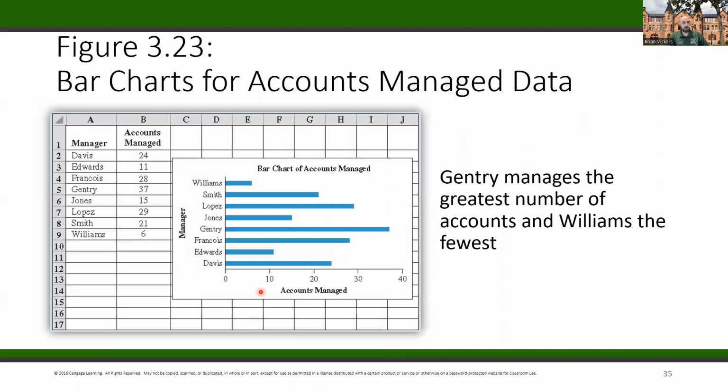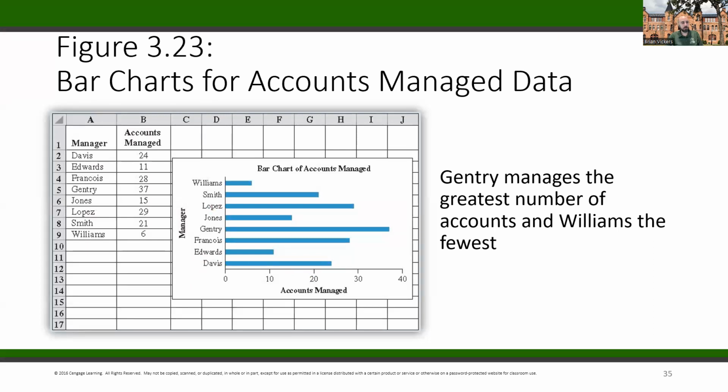So this is a bar chart of accounts managed. So you've got your eight employees here, and then how many accounts they manage. Okay. So that's what a bar chart would look like. You could look at that same thing as a column chart, and it would be exactly the same thing, except your X and Y axes would be flipped. Accounts managed would be on the Y, and manager would be on